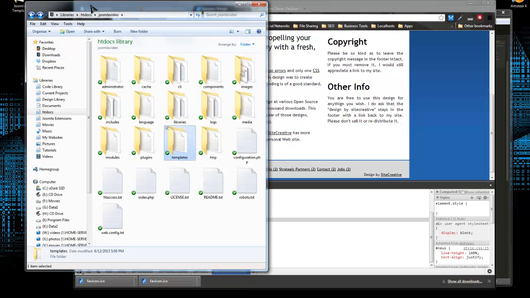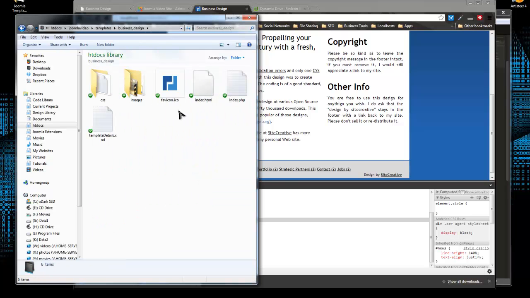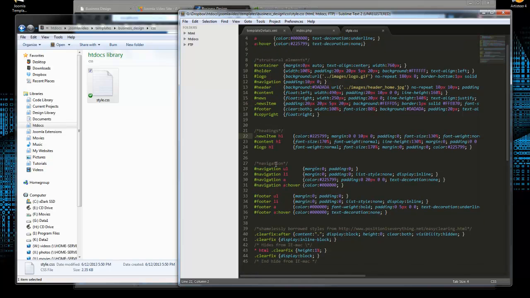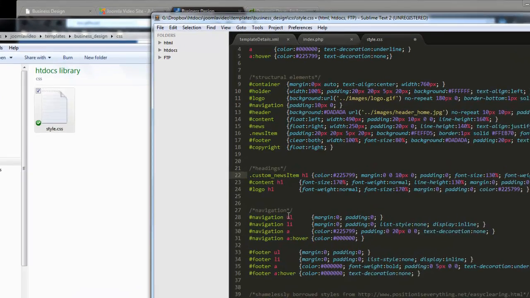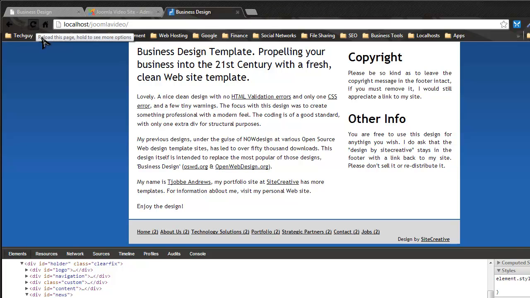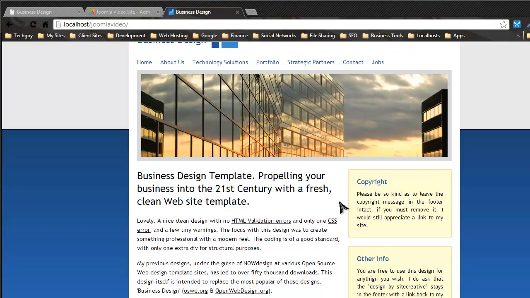I'm going to edit the actual template that's being used. So I'm going to my Joomla installation, I'm going to Templates, Business Design, and I'm going to go to the CSS file. And obviously if you're using a live site, you want to do this through FTP or SSH or whatever it is you access your site files with. So where it says news item, I'm just going to add custom underscore right there and right here. So now that styling should show up. So if I save that, close that out, and if we go back to the site and reload, now we have our styled